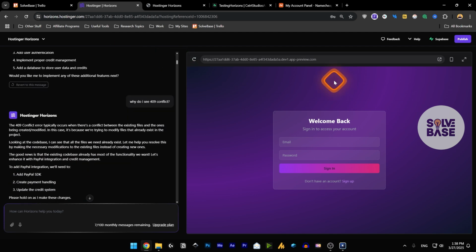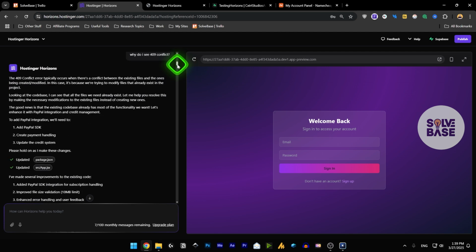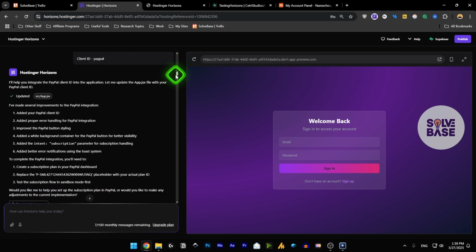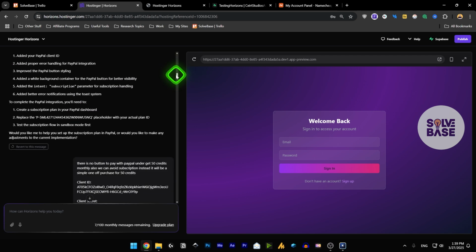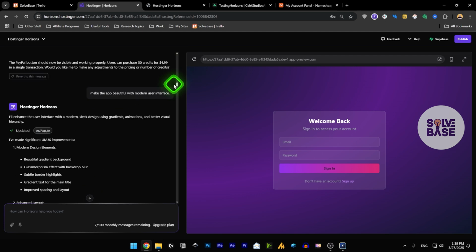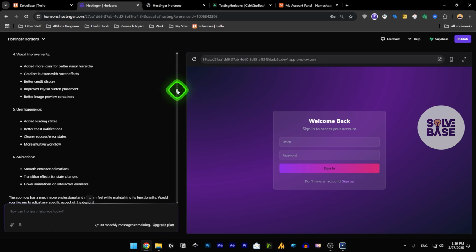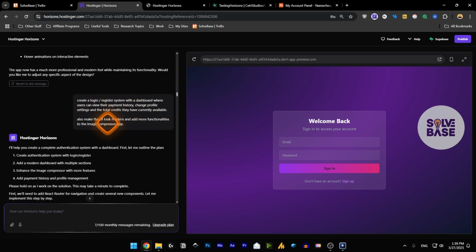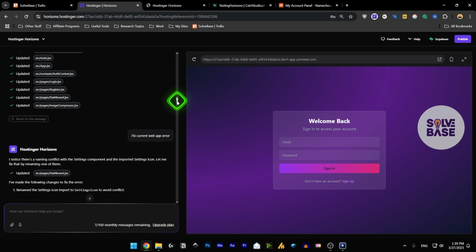Right inside, there was a 409 conflict, and we have solved that error. Then there was a web app error, etc. Then I gave it the client ID of my PayPal and the client ID and client secret. After that, I asked it to make the app beautiful with modern user interface and just keep on going back and forth with it, create a login register system, also make the UI look modern, more functionalities, fix the current